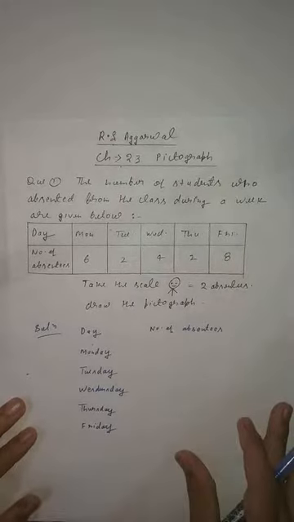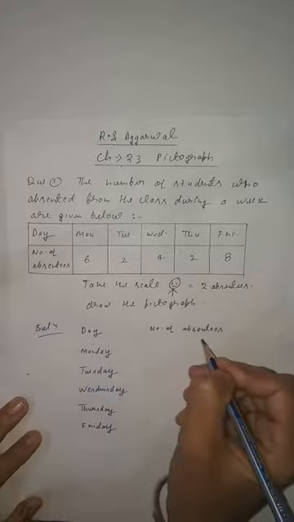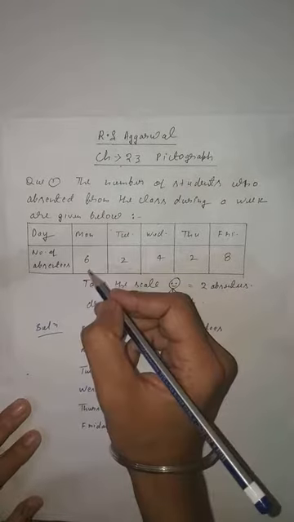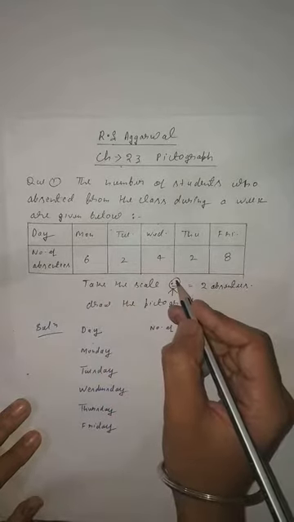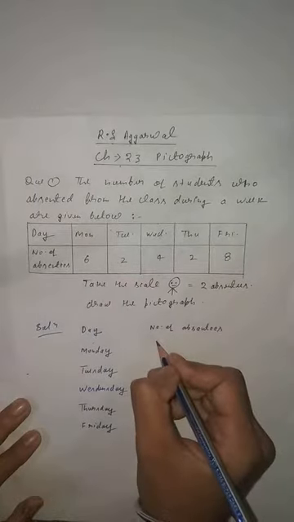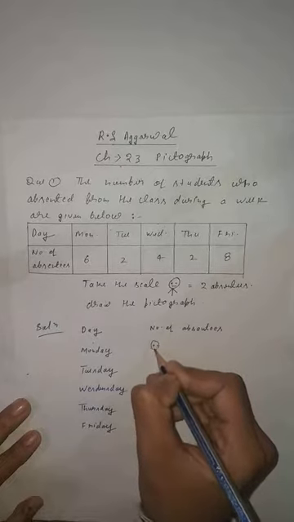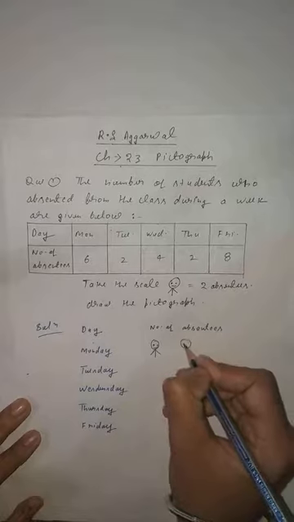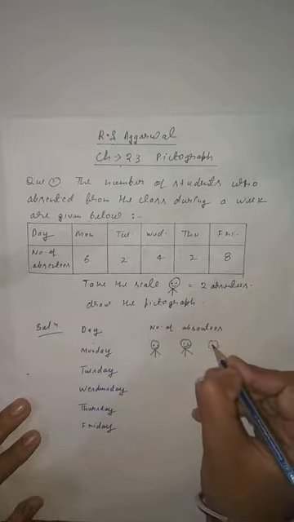Now number of absentees are given, students. Clear, students? So here what is given? Number of absentees. 1 student represents 2 absentees. Clear, student? So here what is given? On Monday how many students are absent? 6. So how many will you draw, student? 1 student will be equal to 2. So for 6 how many will you draw? Easily you know that you will draw 3 students. Clear, students? Because 1 student represents 2. So 1, 2, and this one will be 3.